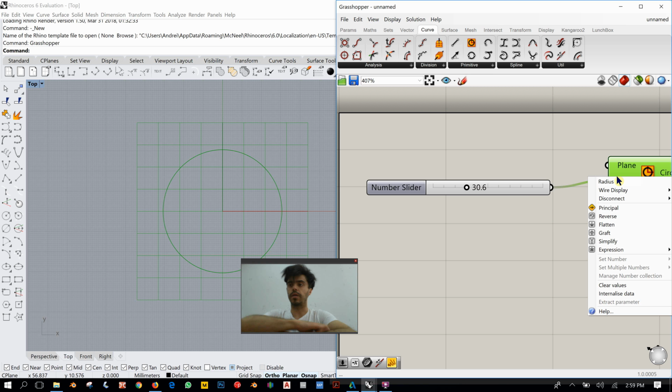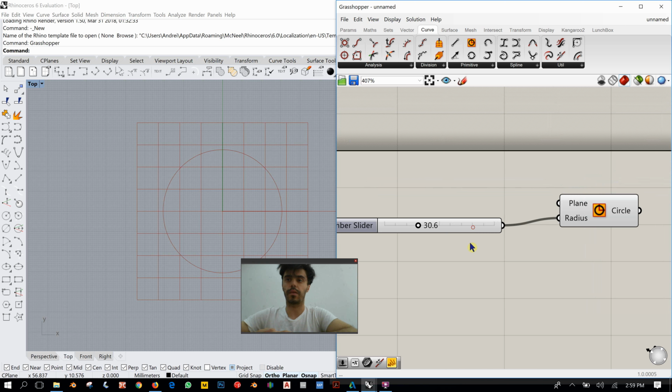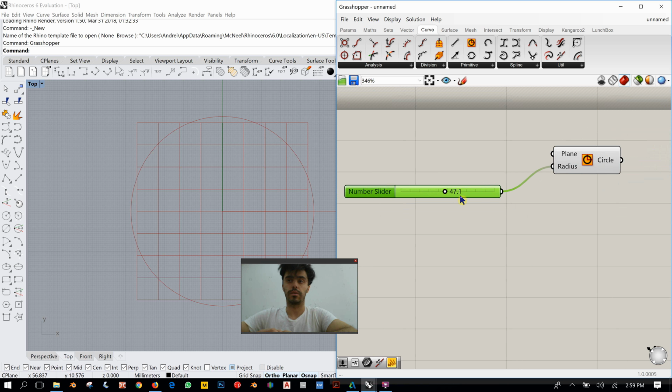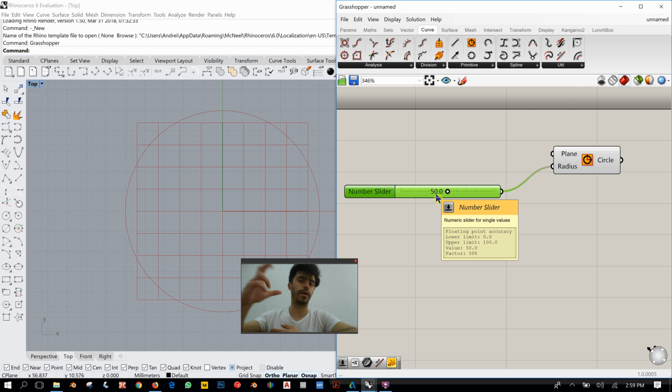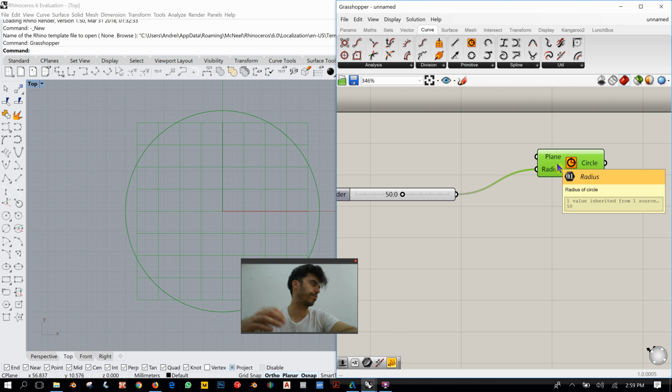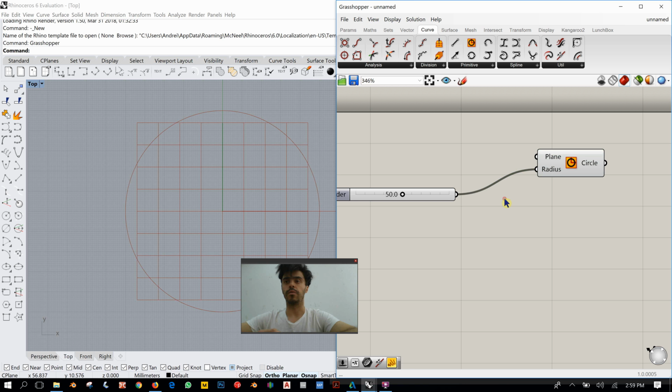And in order to do this, I want this value here to represent the diameter. So let's say we want a 50 millimeter diameter for our circle. So the radius is how much? It's half of that, right? So we just have to divide this by 2 in order to get the radius. And we can do this, for example, like this. If you click /2 and enter, we will get